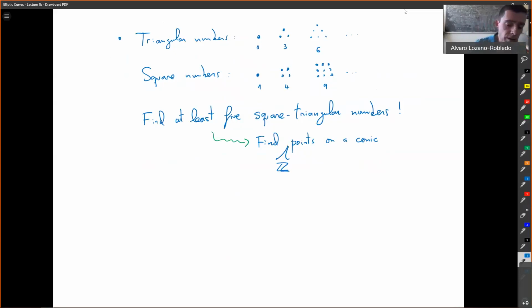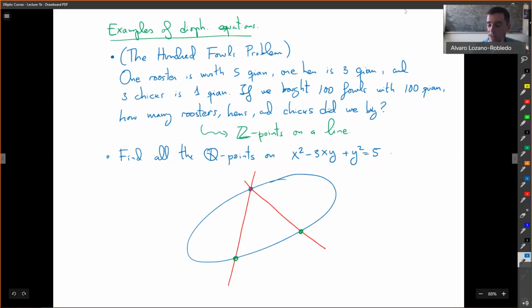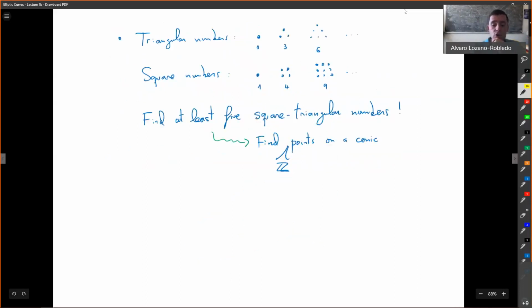So the interesting part is that when you have a conic such as this, it's easy to find all the rational points by a parametric solution. But once you look at the parametric solution, it's not obvious how to find which of those are integral points, if any. So the same thing happens here: you can find a conic, and then finding the integral points, that's the hard part. So there are 2 parts to this: find at least 5, and then also